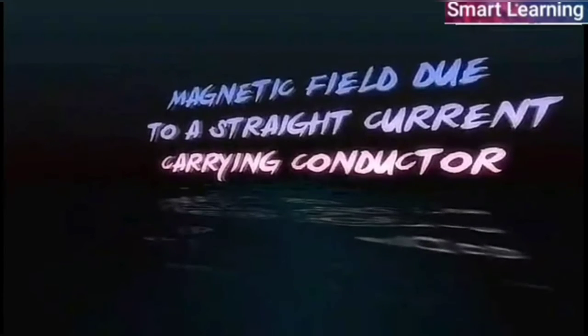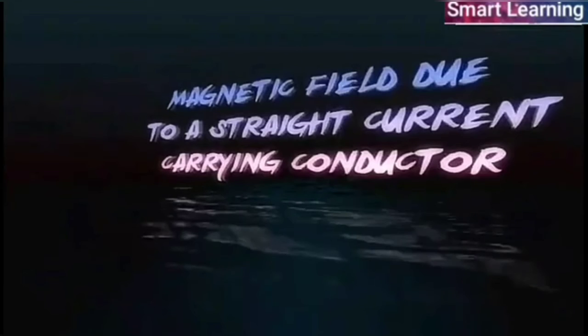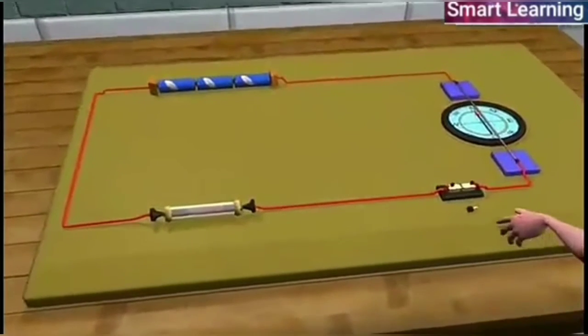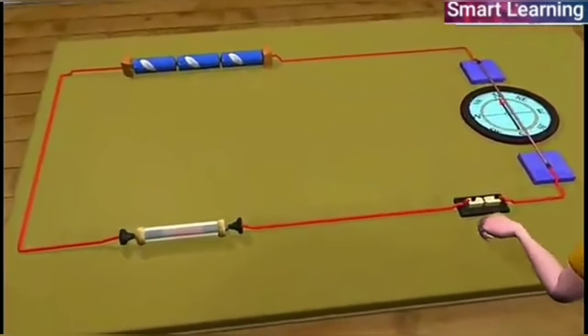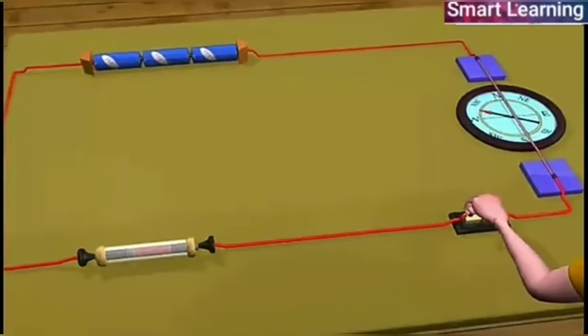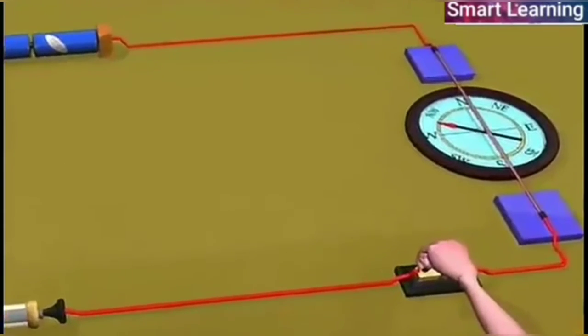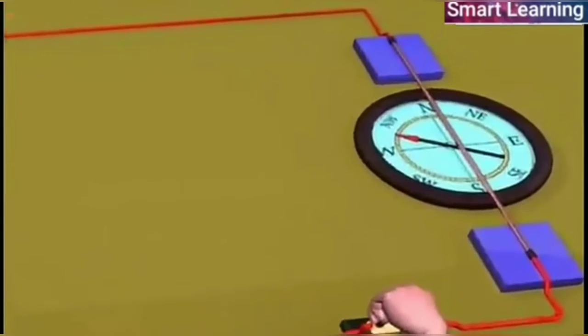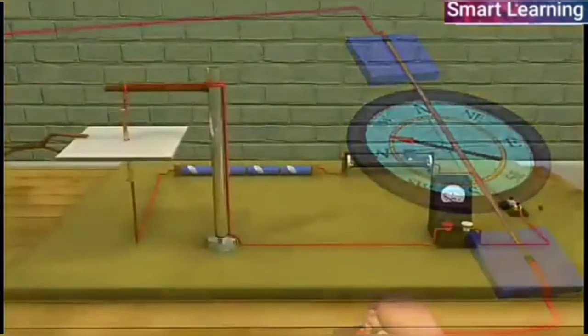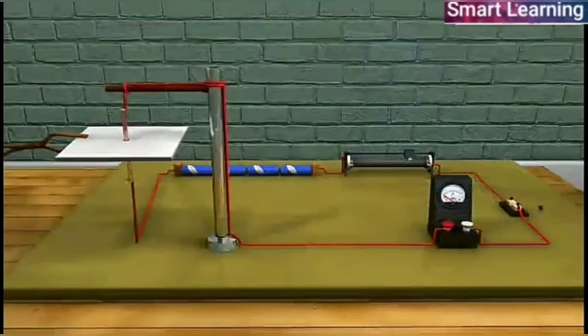Here there is a small activity to explain the magnetic field around a current carrying conductor. You can see there are batteries in the electric circuit in violet color, and you are closing the plug key in the activity to allow the current through the conducting wire, which is placed over the magnetic compass box, and you can find a deflection in the magnetic needle.